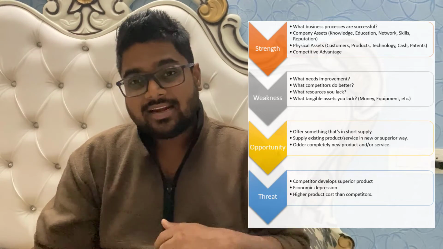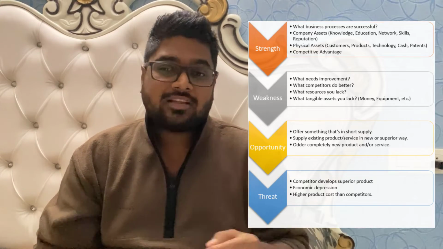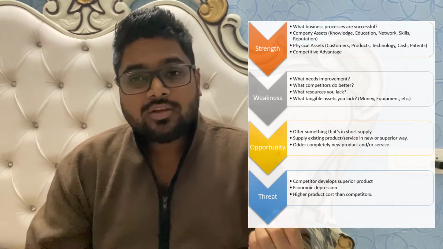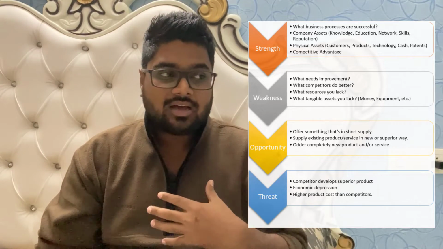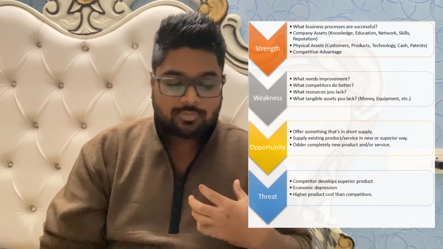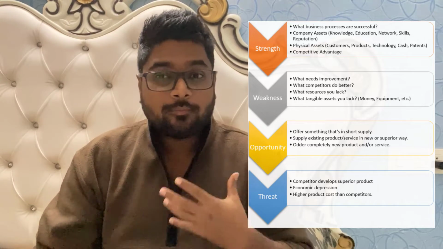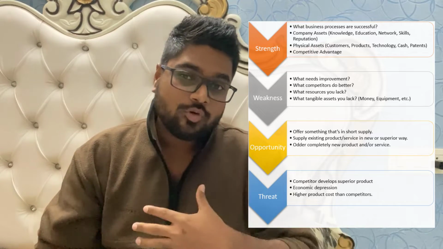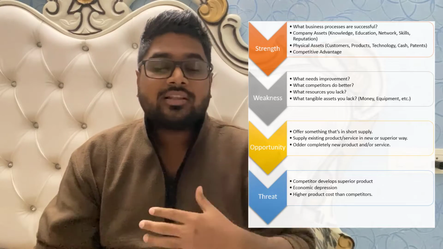Now I come to the second internal environmental factor, that's the weakness. Now you know your strengths, and as you jot down the strengths of the company, you will come across some of the weaknesses also. So some of the places where you are lacking. These weaknesses are like questions that you need to ask yourself as a company, as a brand, which basically include: where do you actually need to improve, right? What is the scope of improvement? That's one. What is something that your competitor is doing better than you, that you really need to catch up on, right? What are the resources that you lack?